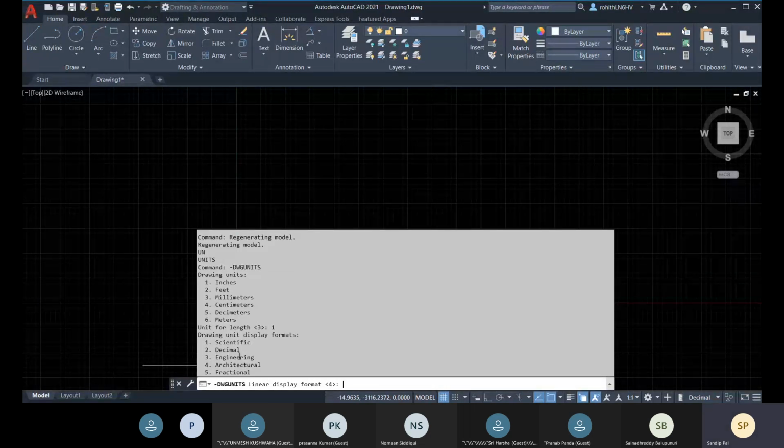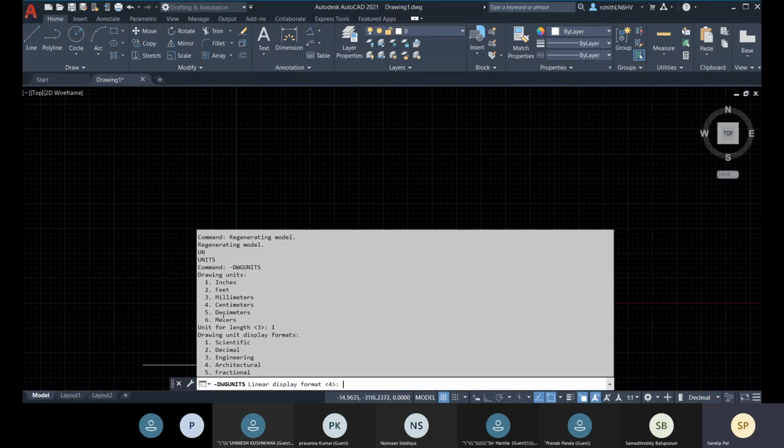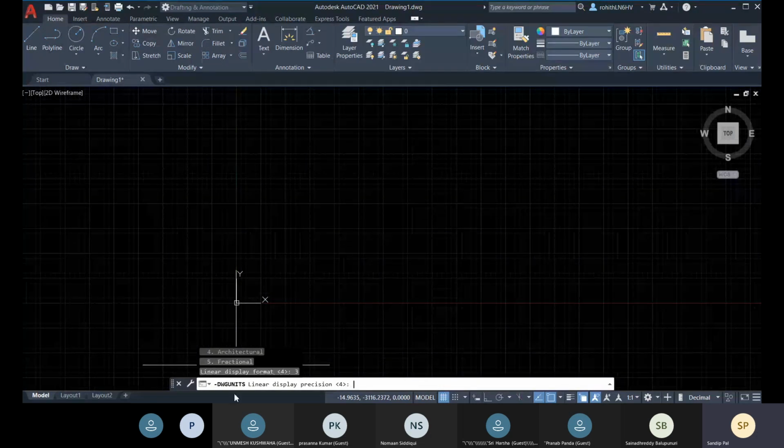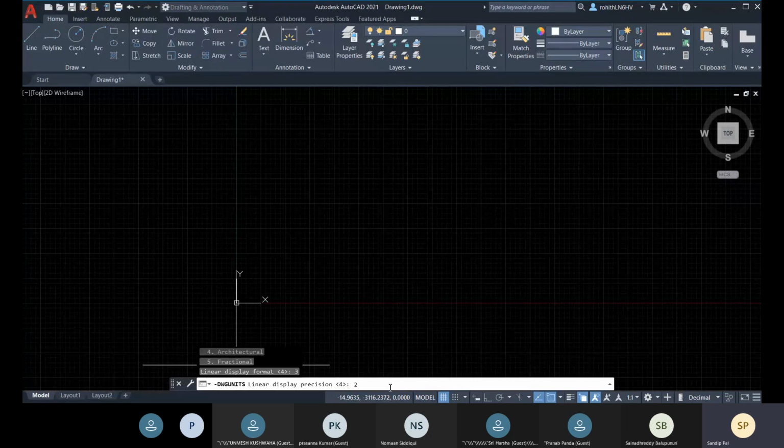And about the linear display format, here you can see, press F2. The linear display format is right now architectural. For inches, it will be better I go with engineering, right? So go for 3, enter. And about the display precision, I'll go with 2 digits after the point, that is fine.